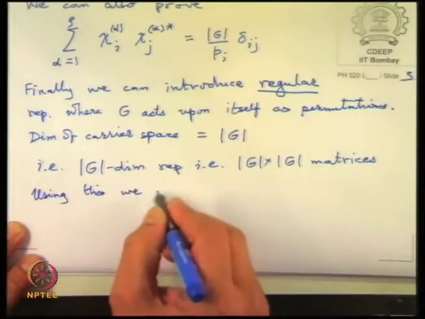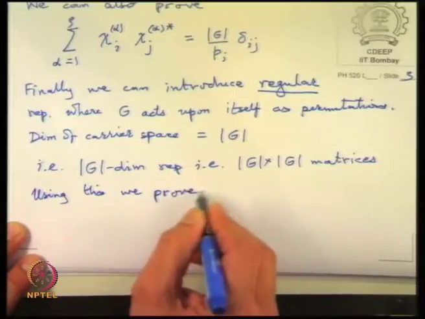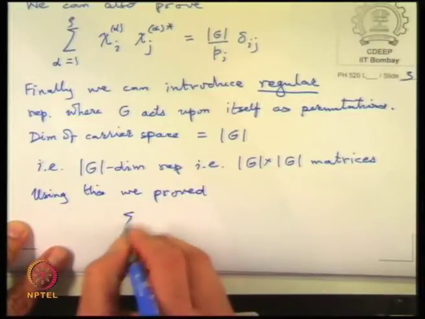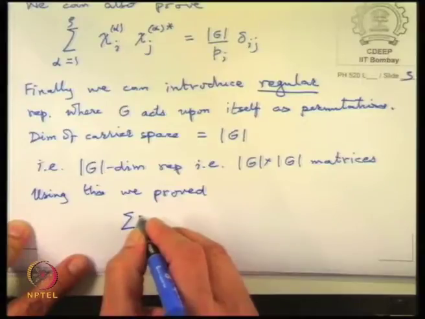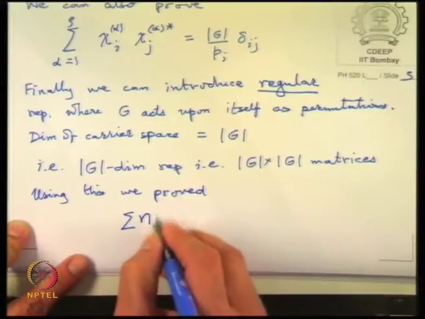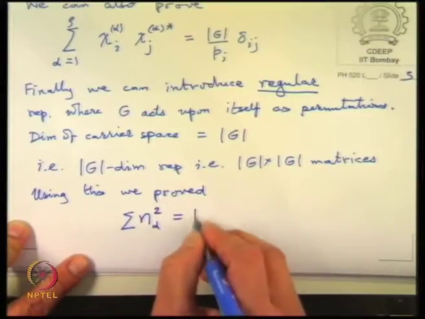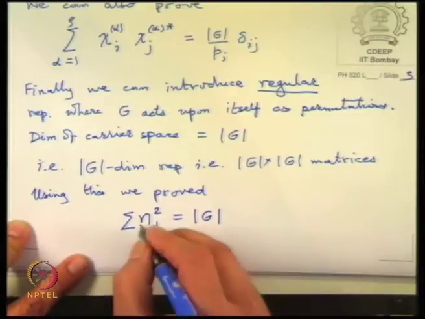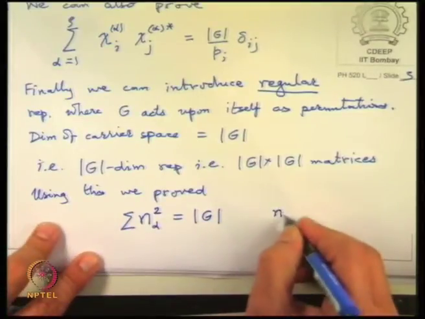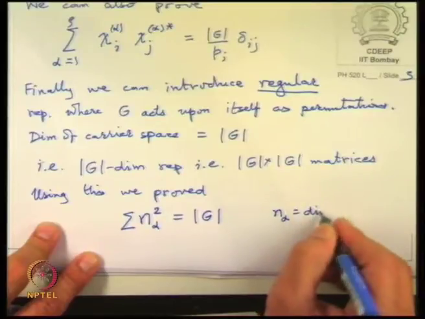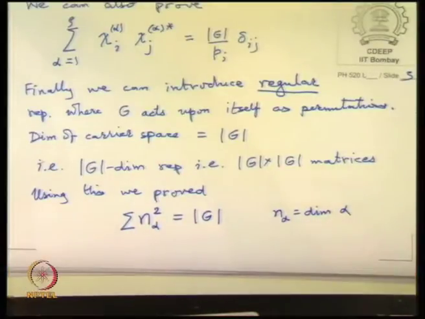we proved that sum over n alpha squared, which is the dimension squared, is equal to G, where n alpha is the dimension of the irrep alpha. So, some square of the dimensions has to add up to G. So, this is going to restrict number of classes and number of representations. Not only that, we had seen that